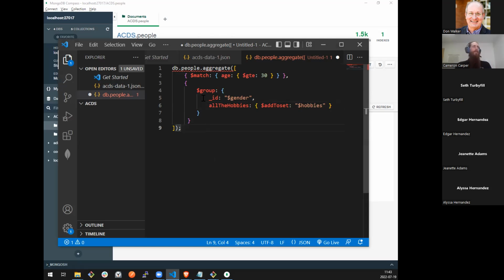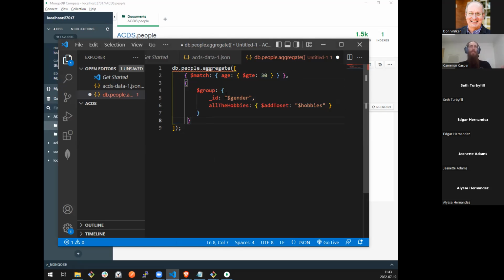So now, quick review of what we've done. First stage in our pipeline, match only those people that have an age property that is greater than or equal to 30, discard every other document, then feed the remaining documents into the second stage in my pipeline, where I'm going to group by gender.